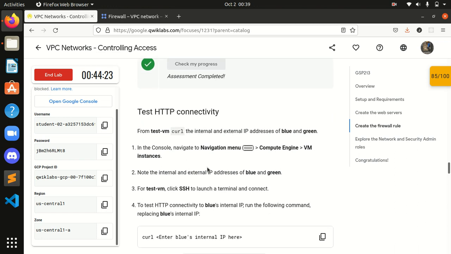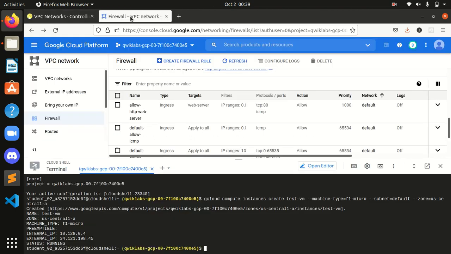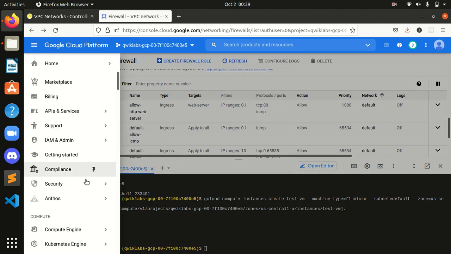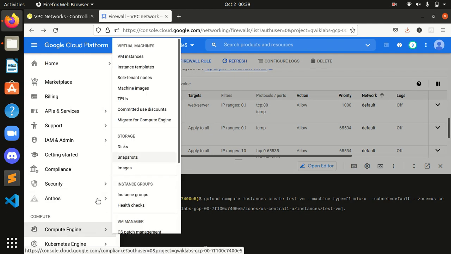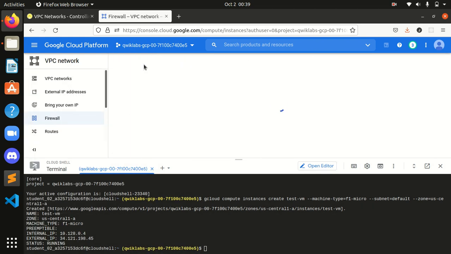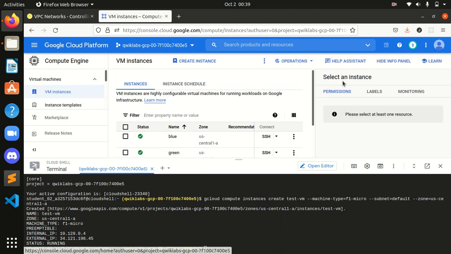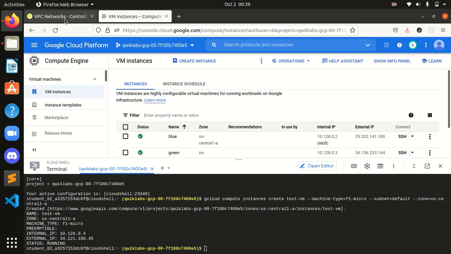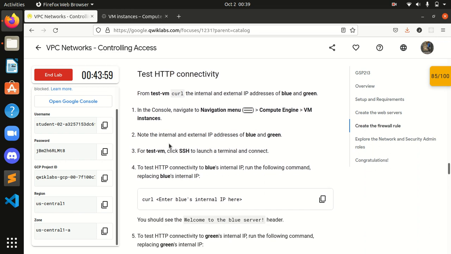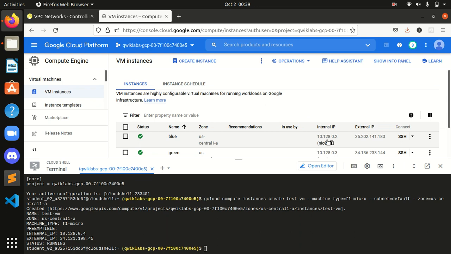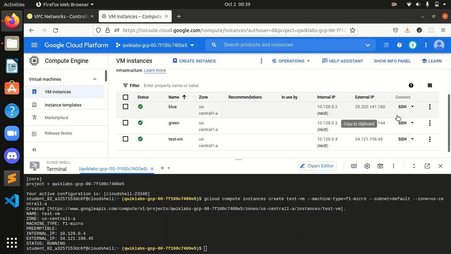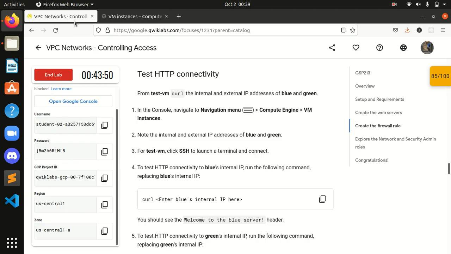In the console we navigate to the navigation menu and VM instances, through Compute Engine. Here are our VM instances. Note the internal and external IP addresses of blue and green. This is the internal and external IP address of blue and green.